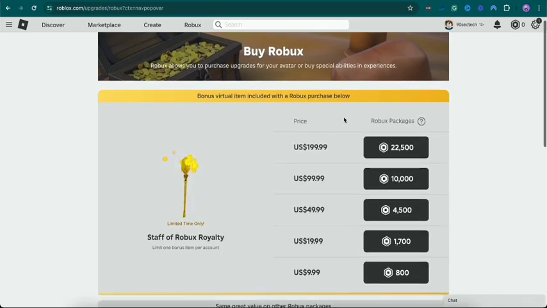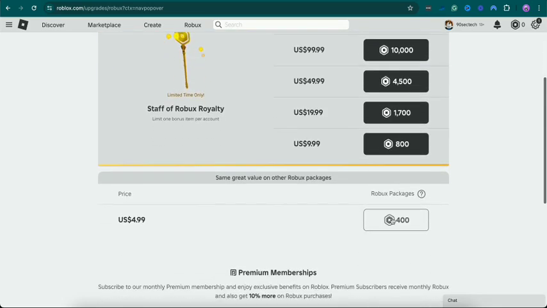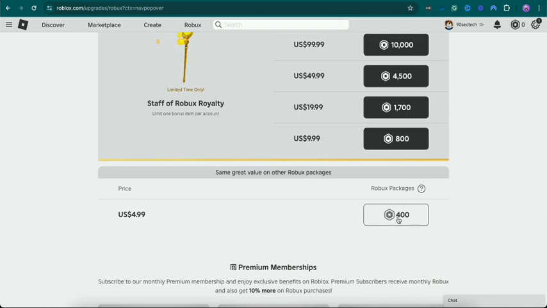If you're a premium gamer, there are packages that suit your needs. We are going to pick the regular 400 Robux. It will then take us to the payment page,